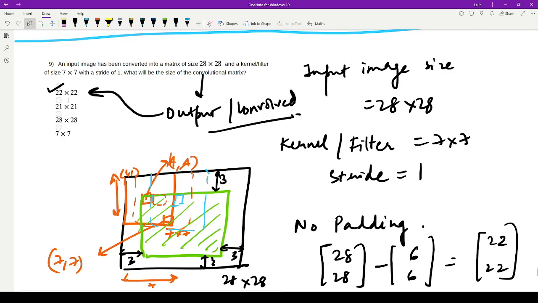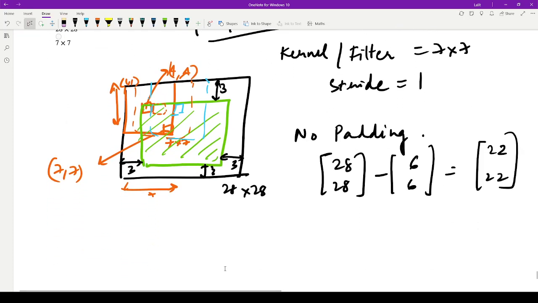So we are just trying to find the output of the convolved image. Since we don't have padding, our image size reduces based on what is the kernel size. And since the stride is one, we only lose image rows and columns at the boundaries and no other place. Okay, I hope this is clear. Move on to the last question